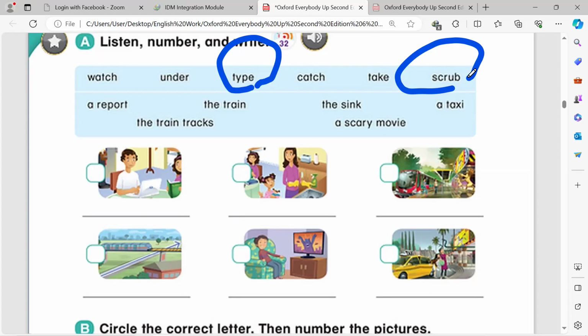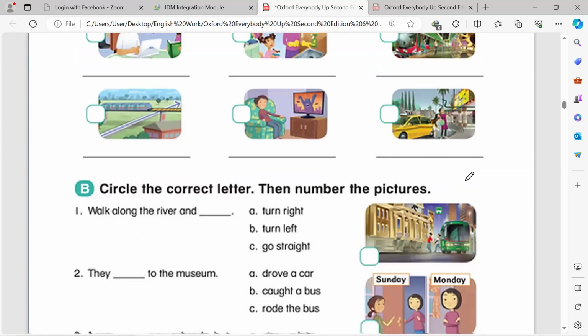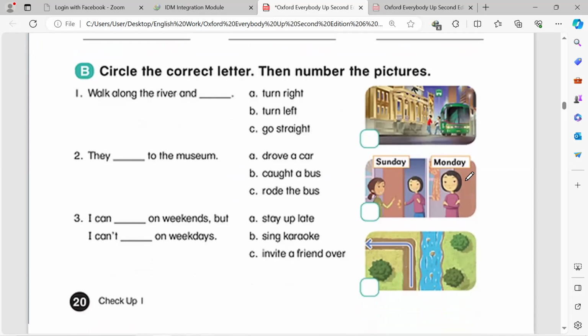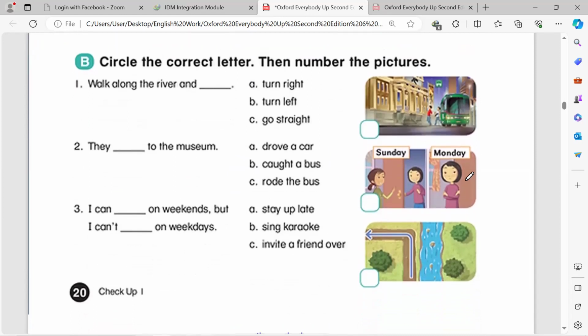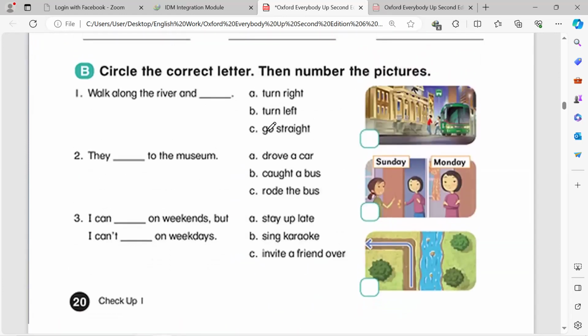And report, you know the word report. Tray, sink. We know the word sink, taxi, the train tracks, scary movie. Okay, you already know these. Turn right, turn left, go straight. Walk along the river and